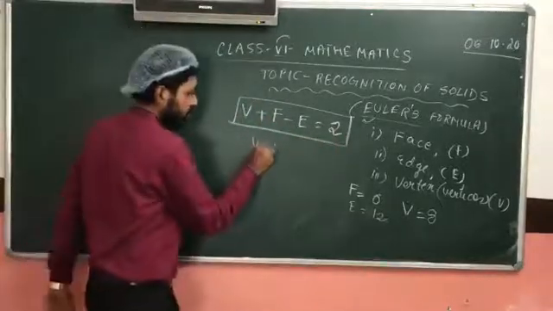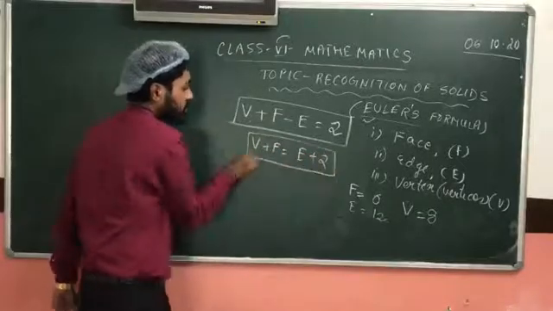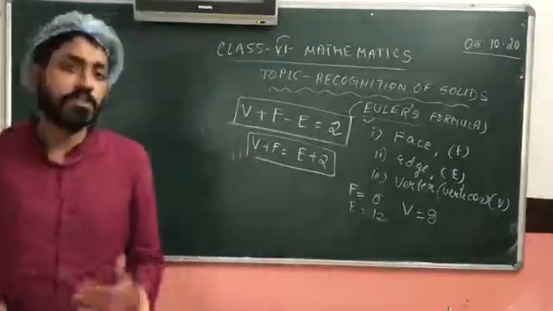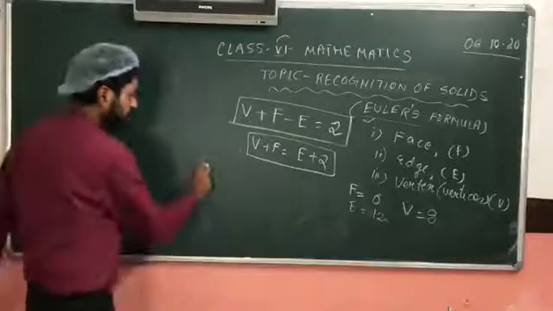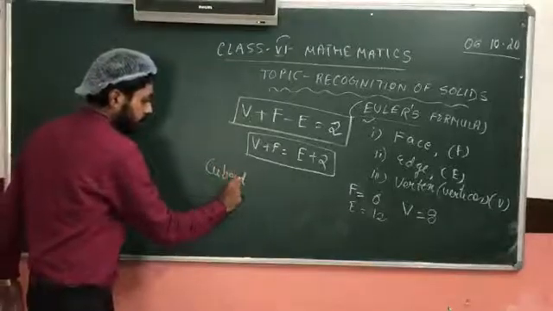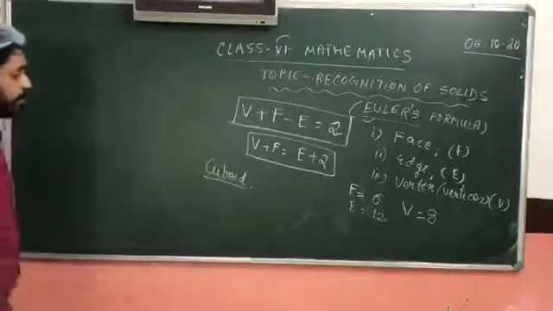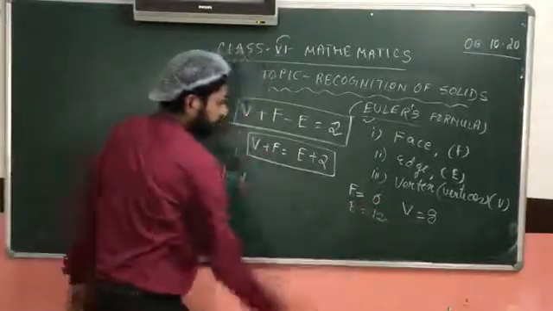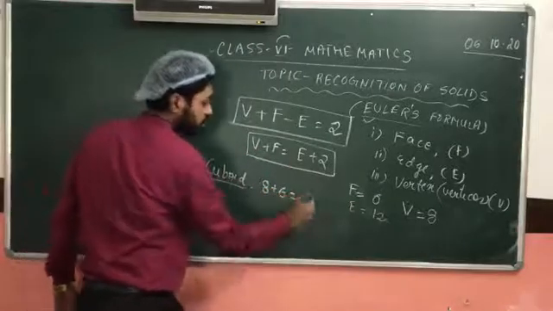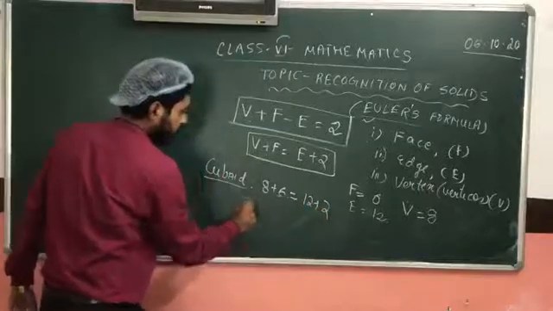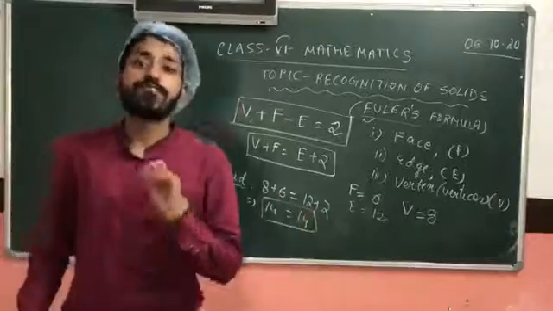This can also be written in many books like this: V plus F is equal to E plus 2. This is also Euler's formula in just a different form. So this is what we need. Now if you check for the cube and the cuboid, the results will be the same. So we are doing it for the cuboid. V is 8. So 8 plus the number of faces, 6, is equal to, what is E? 12, plus 2. So what is 8 plus 6? 14. What is 12 plus 2? 14. Hence Euler's formula is verified.